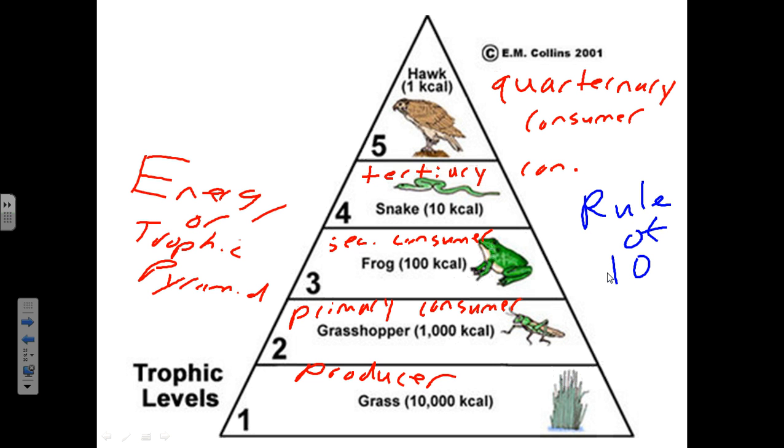But here's the thing. This again is called an energy or a trophic pyramid. The word trophic means feeding. It's a feeding pyramid. It has to do with how energy is transmitted up the chain. Because there's less and less energy available at each level up, there can be less and less organisms. Food or energy pyramid. And then one other thing we want to talk about, and then we'll take a break